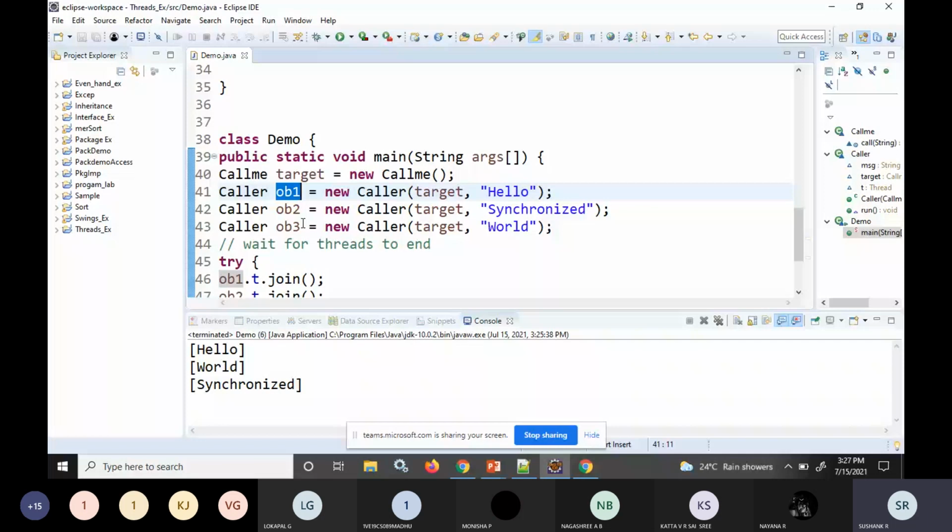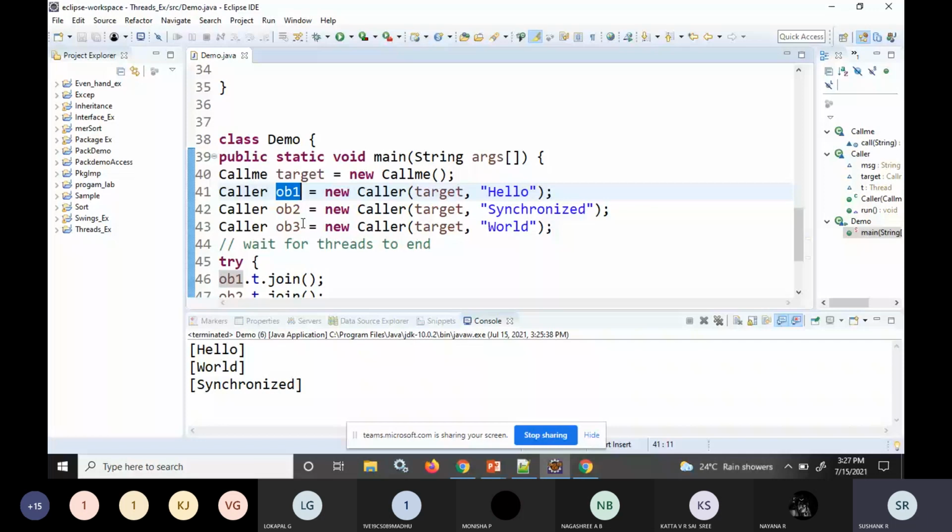Inside the caller class there is a function called run. Inside this run function I am using the synchronized statement. This will give us the same output as the previous one. Here also each thread has to wait for one thread to complete its task before it can access the resource. This is how it can be implemented. You can have a synchronized method and you can have a synchronized block. So we have two ways of implementing this. This is with respect to synchronization.